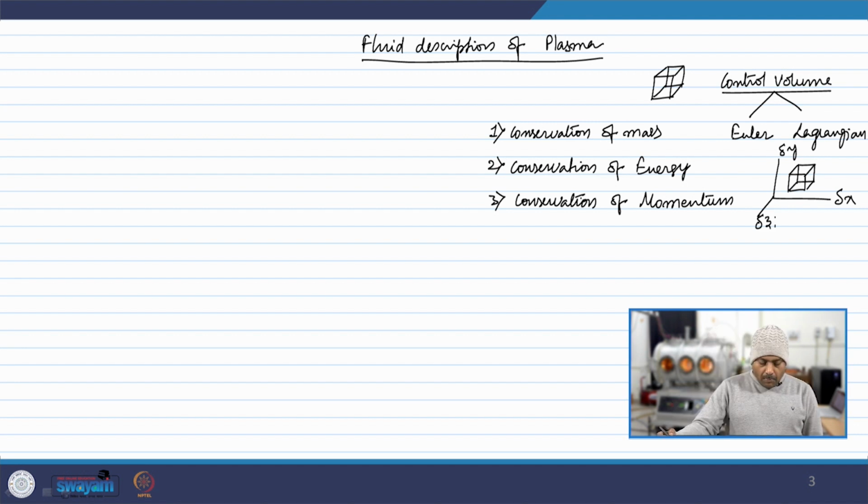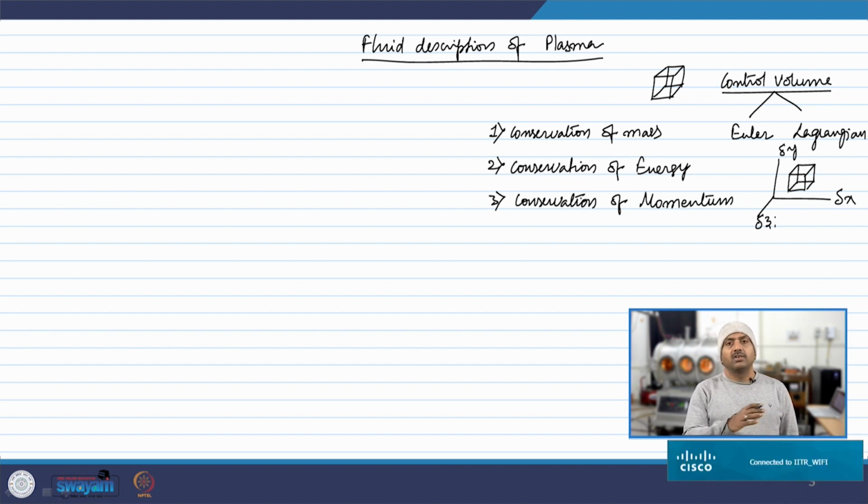Okay. Mass, momentum and energy budgets will depend on the fluxes caused by the flow of the fluid through the boundary of the control volume. Why do I speak of budget? Budget is nothing but conservation, how much is coming in and how much is going out. If these two things are same, it will be conserved. Otherwise, we have to look for what is causing this difference of incoming versus outgoing, as simple as that, right.